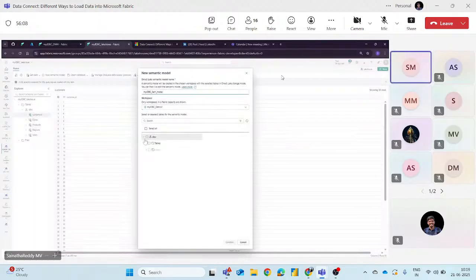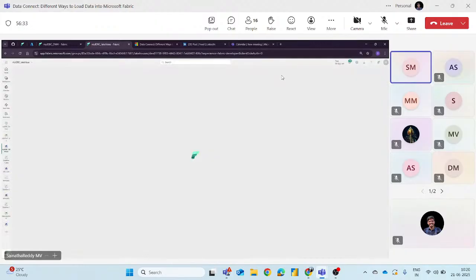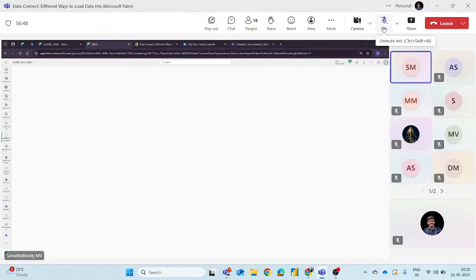I want to select my tables here. So I just want to create a semantic model. Based on this semantic model, we can build relationships, then visualize and create insightful information. Can anyone guess which example we used in the earlier session? Which business problem are we tackling here? Anyone, any guess? I just want a two-way interactive session so you don't feel bored. Anyone? Kaja, I think you are there. Any guess?